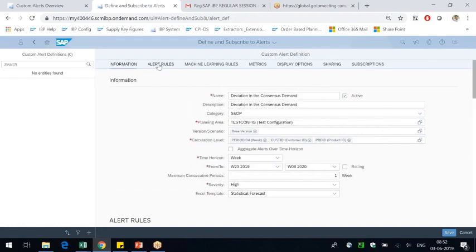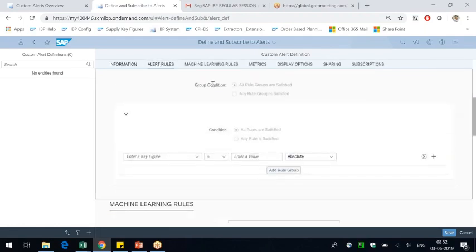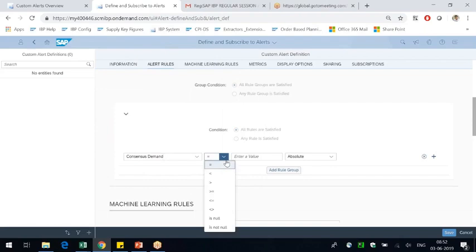Now we're getting into the alert rules. This is where we give a rule. First I'll enter a key figure, the consensus demand. We have these options, mathematical functions: equal to, less than, greater than, greater than or equal to, less than or equal to, not equal to, is null, is not null. So I'll say if it is greater than